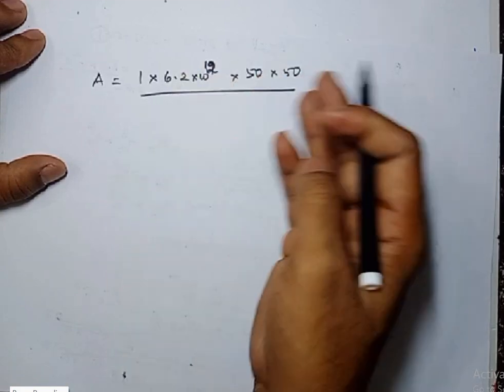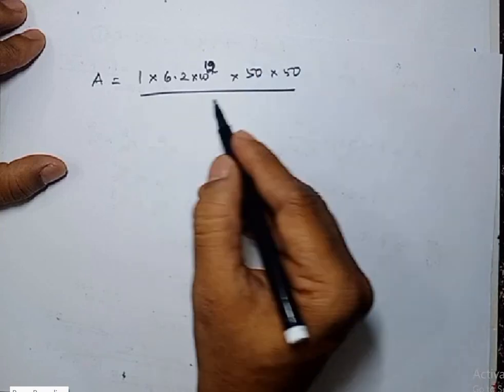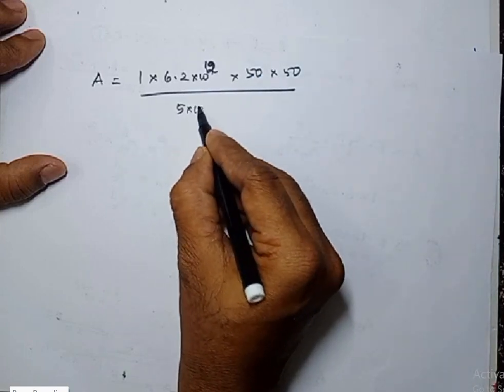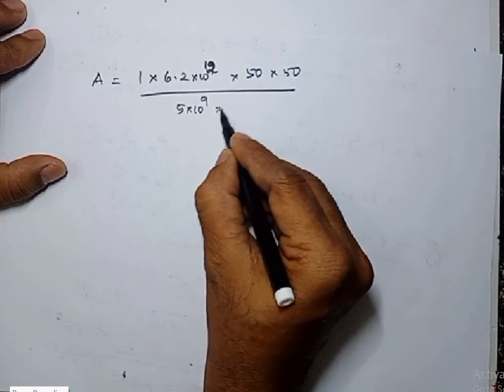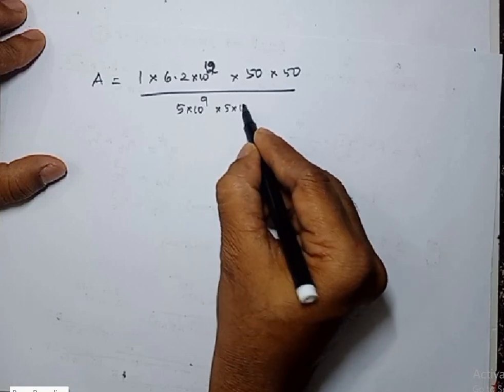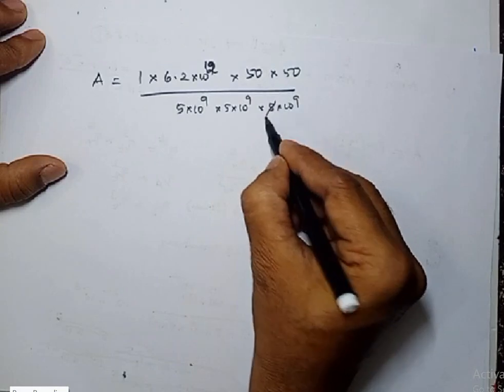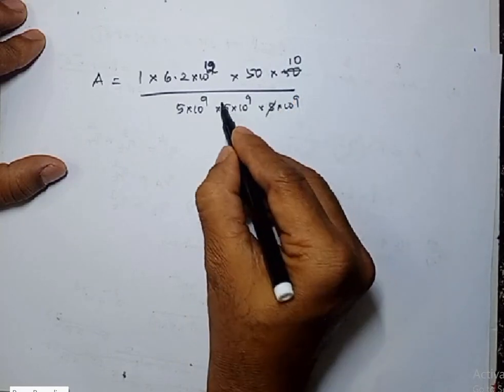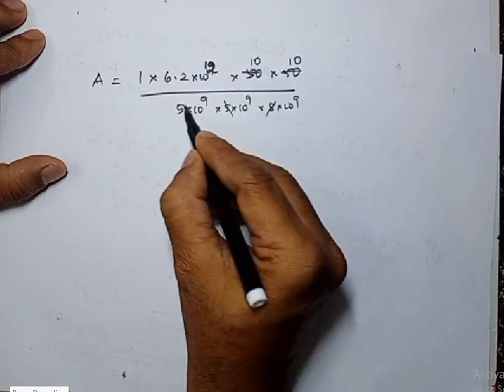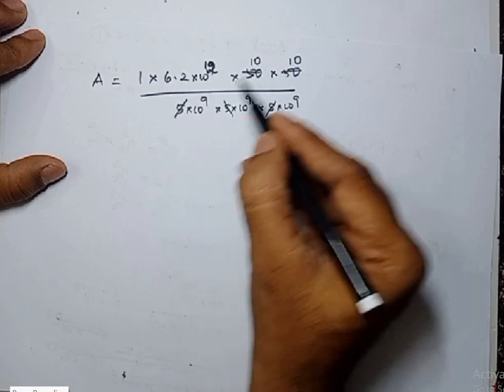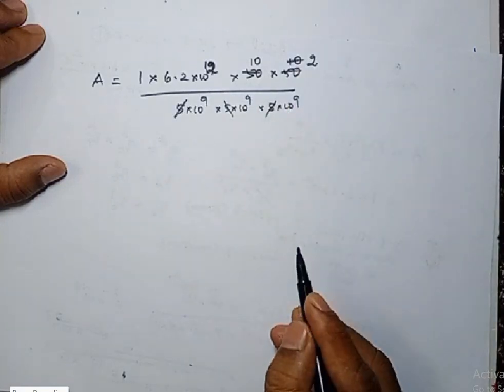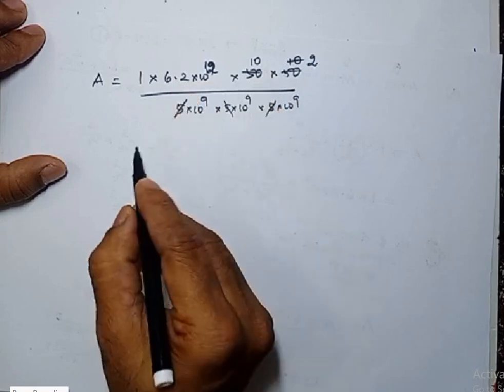And there are 3 translations. For each translation, 5 into 10 power 9 is the contribution. So there are 3, so 5 into 10 power 9, 5 into 10 power 9. If I multiply this by 2, I'll get